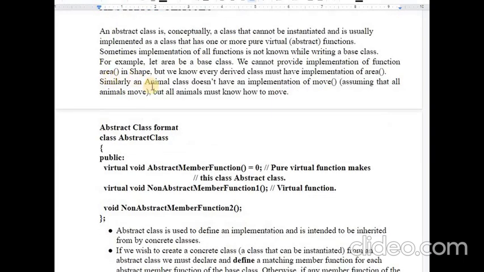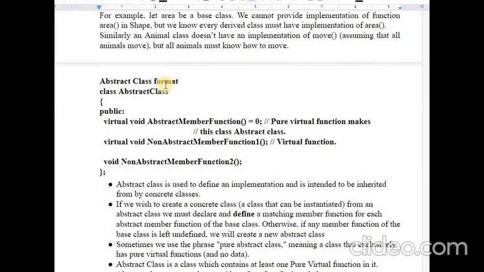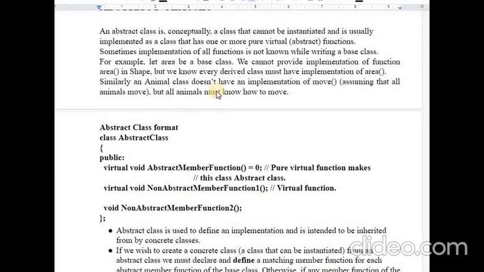So the next topic is abstract classes. Consider one example: we have a class called shape, which is expected to compute the area of different geometrical shapes. From the shape class we have circle, rectangle and triangle as derived classes.